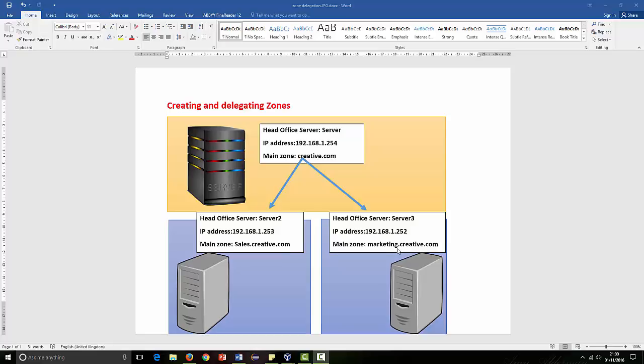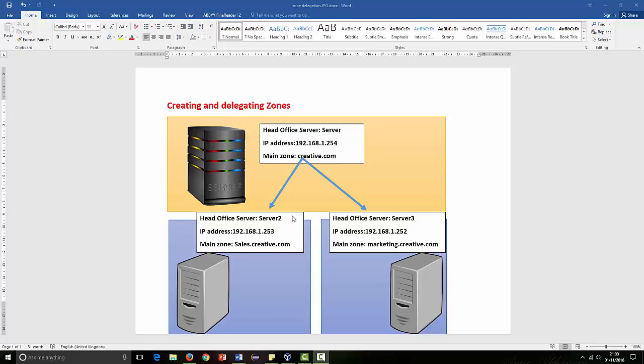So in order to create this scenario, if a request comes for sales.creative.com it should automatically come to this one, and if it comes for marketing.creative.com, it should automatically be directed to this server from the main server. So to make this real in implementation, what we have to do is